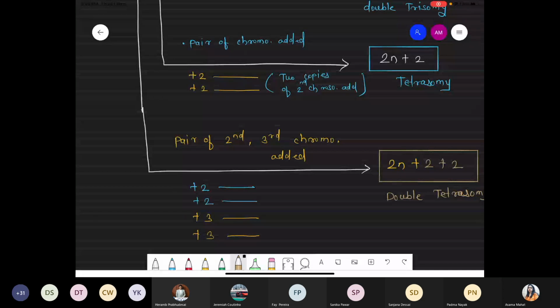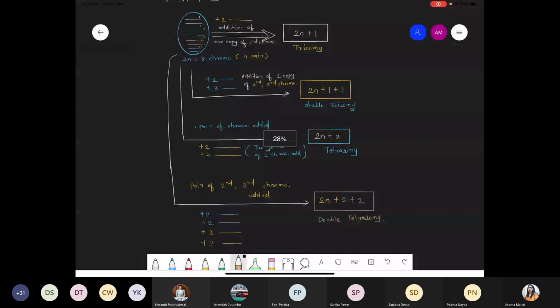Yash, listen, we will look at euploidy later, because in case of euploidy the entire set of chromosomes is added or deleted. We'll see this ahead, don't worry. Euploidy is the addition or deletion of the complete basic set of chromosomes. Complete basic set. It's not euploidy. So all these conditions come under hyperploidy.